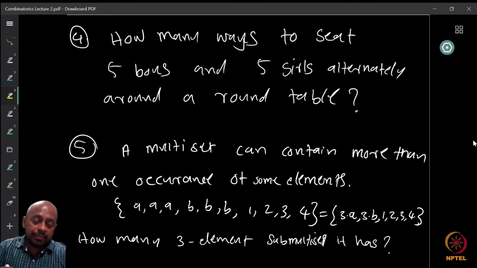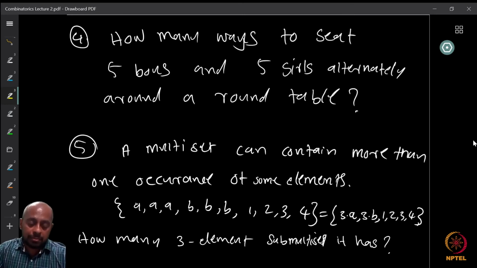So you want to seat 5 girls and 5 boys, and there are 10 seats maybe, around a round table, but we want them to be sitting alternately. So how many different ways can you do that? Many of these questions might need several of the principles that we have learned. You can do all of them with the principles we have learned, but you might have to use